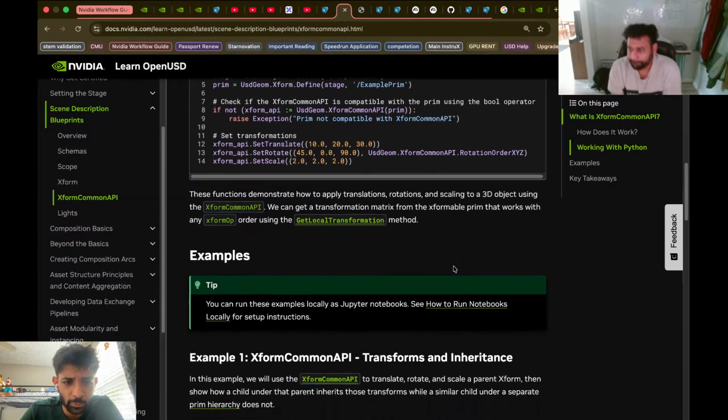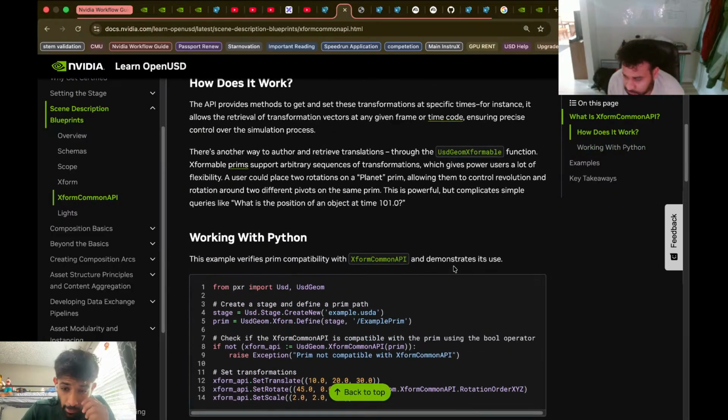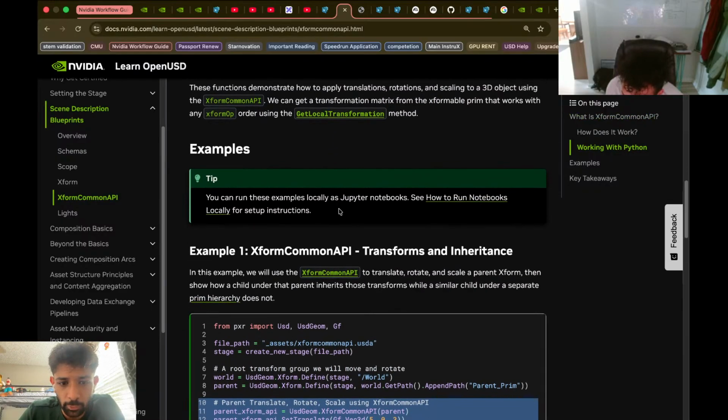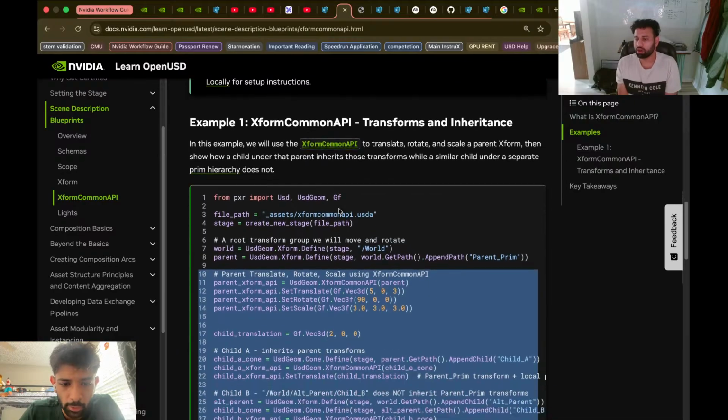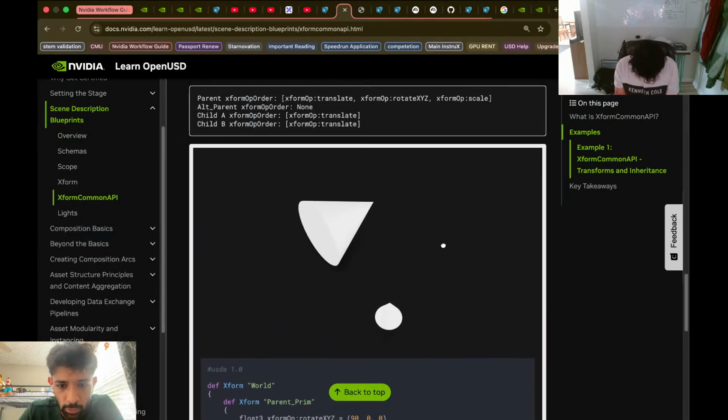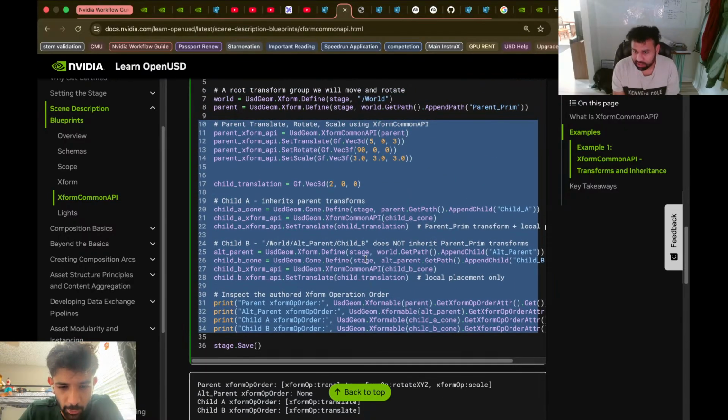But just before we move to that, I understood what the goal for XForm Common API was, but I just want to revisit the code once, because I think there's a little bit of blurriness over there. So real quick,